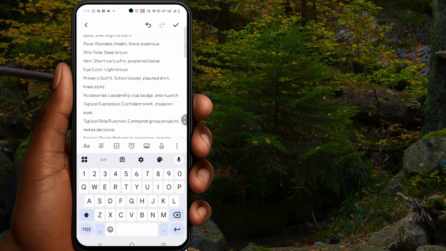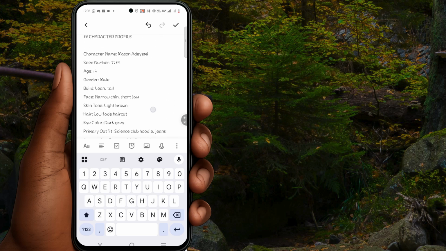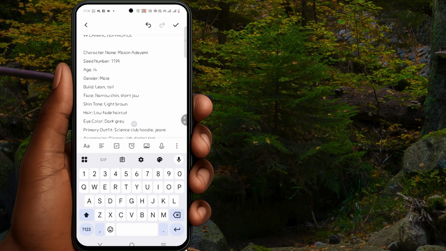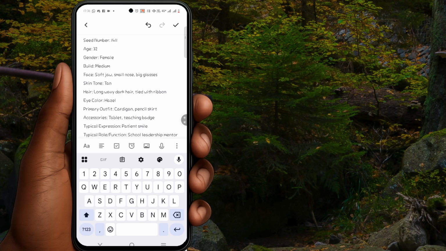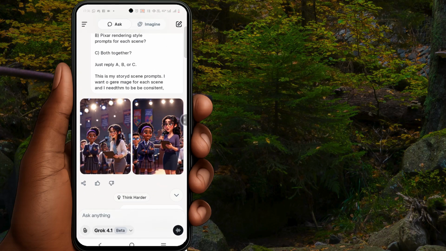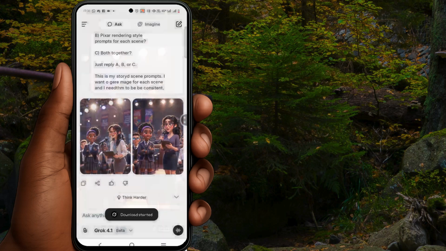Since you already know that, I need to confirm that Raya Johnson and Mason Adeyemi are kind of the same. This is male, while Raya Johnson is female. So it's easier for me to identify than this other person who is an adult, Miss Kendra Wells. Skin tone is tanned. So with this, I already know precisely what I'm looking out for. I've checked from my audience, this is in one, and this is the individual over here. So which of them would I want to go with? I'll simply download this and I've gotten scene 1.